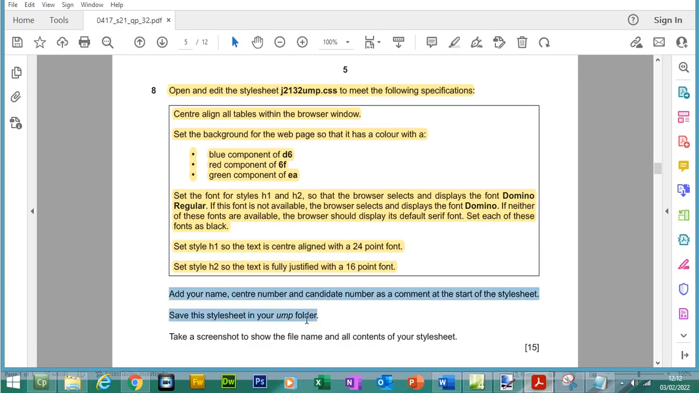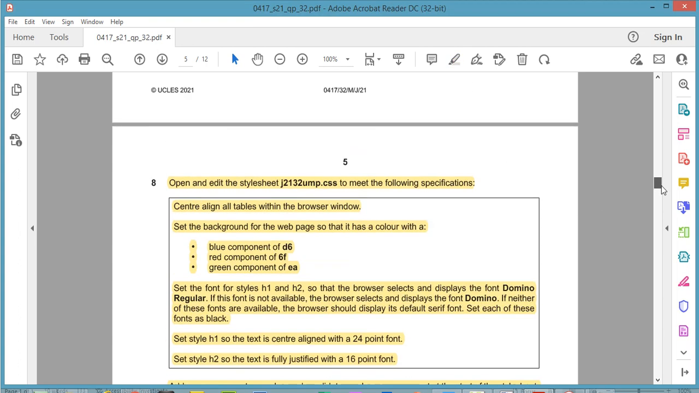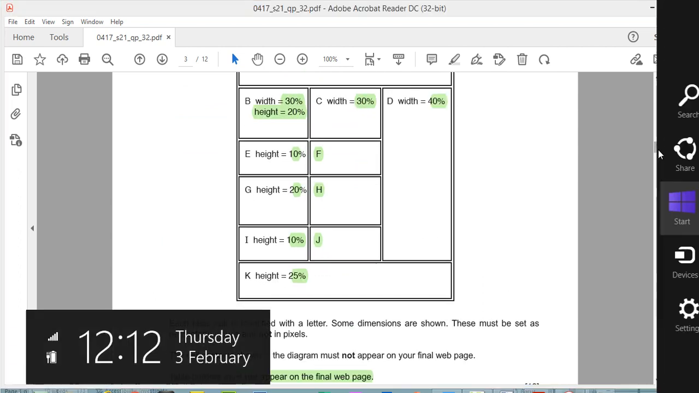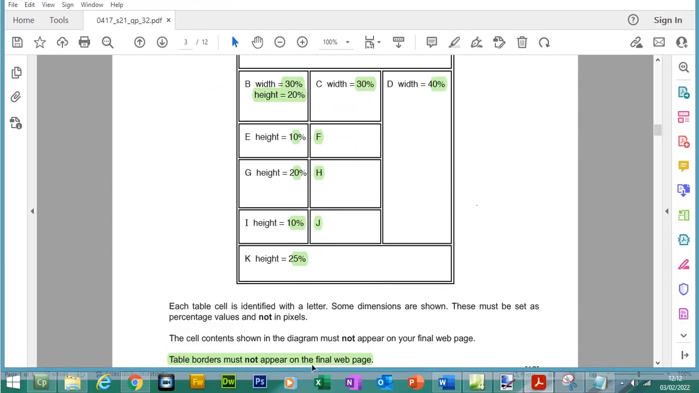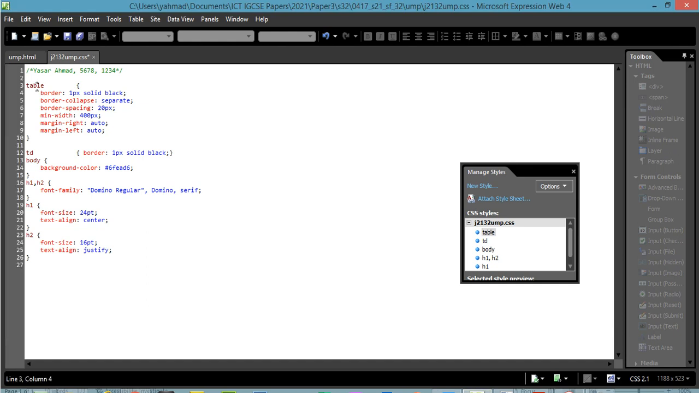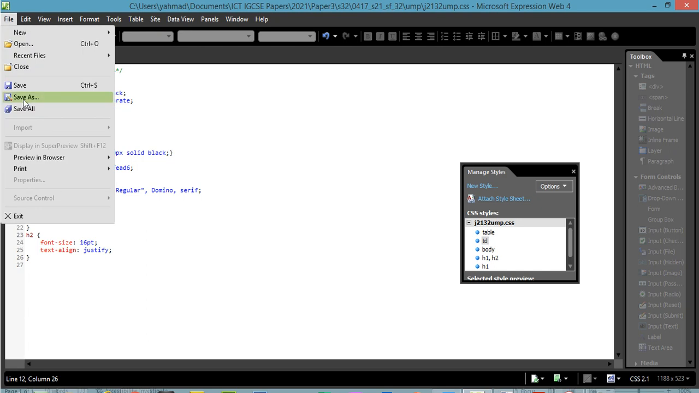So when you save this style sheet into your folder, and before I take a screenshot, guys, I've not forgotten the borders on the table, so we need to make sure both external borders and internal borders are not appearing on the final web page. So in table we have the external border, so we're going to change this to 0. And in TD we have the internal borders, so we're going to change the size again to 0. Let me save this now,